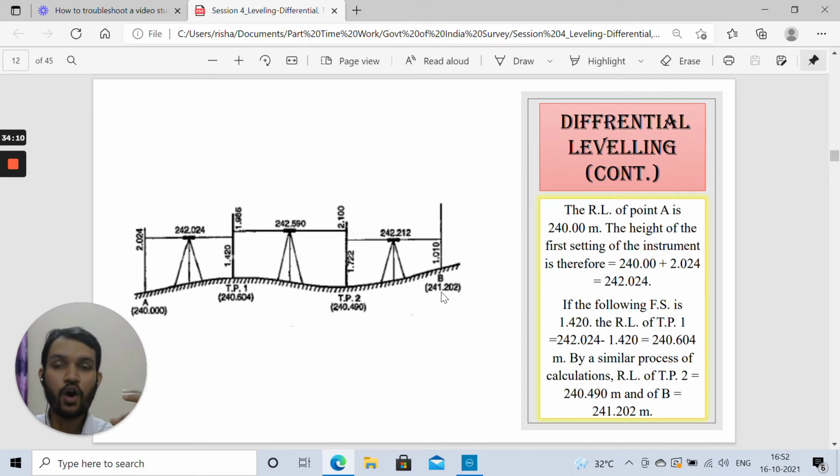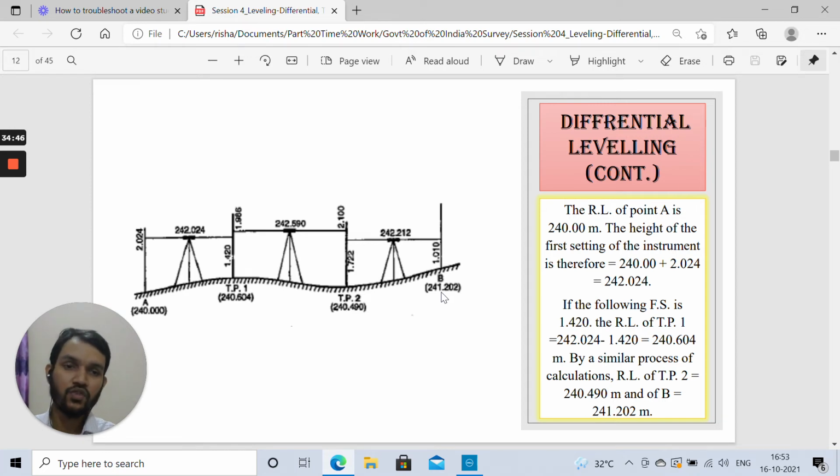Once we have done all this survey work and calculated these readings, we need to interpret this data. How can we interpret this data and compute the RL of all the other elevations? How can we check whether the elevations of all the other stations that we have computed using the height of instrument or rise and fall method are correct or not? For this, certain arithmetic checks are also there, so that you can confirm that all the calculation work has been done correctly and you haven't missed out on any data. This is why it is very much required to interpret these methods, which we will be discussing in the next session.